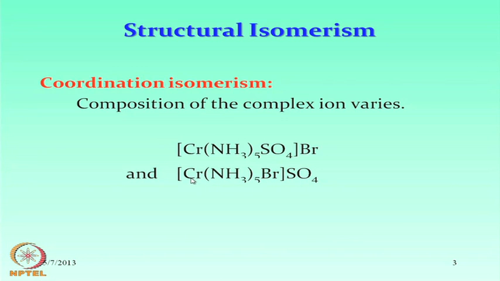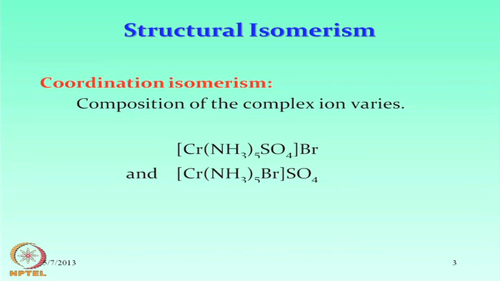That means, here instead of the chromium-oxygen bond from the sulphate, we have the chromium-Br bond, and that will tell us that the basic composition of the coordination sphere, that means the composition of the complex ion written in the square bracket, is different. If we go for the corresponding analysis also, we will find that this analysis varies from that of the second species. So, how can that analysis vary, and what information can it give us related to the presence of these